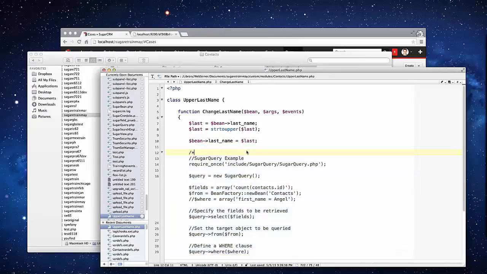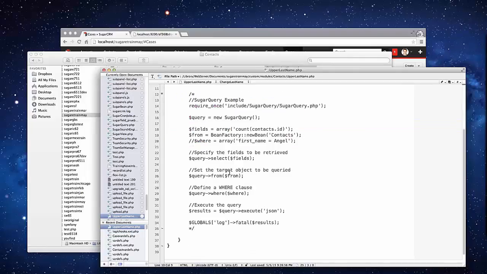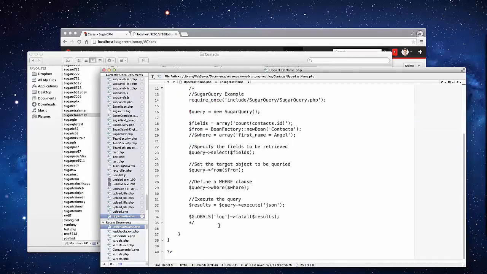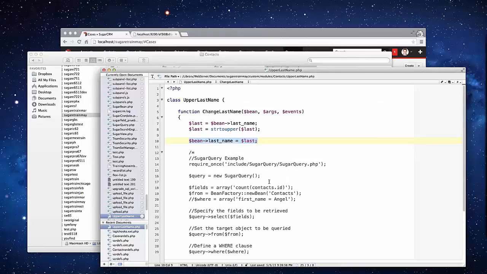You'll notice that I don't have a call here for bean save anywhere. And that's because all of my changes are occurring to this record represented by bean at the time that the save button is clicked, but before the changes are written to the database. So I can manipulate whatever I want, and then I can just let Sugar continue with the rest of its process, and eventually it will kick in the insert or update SQL query in order to write the change to the database. Okay. All right,